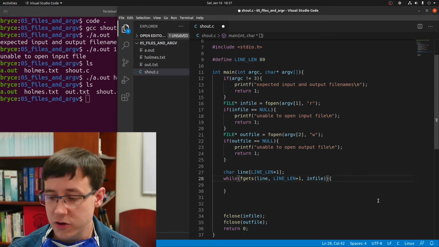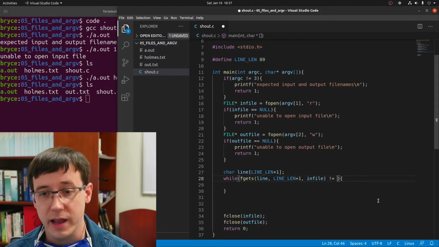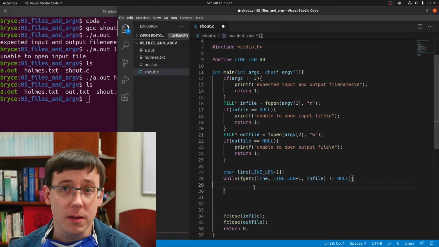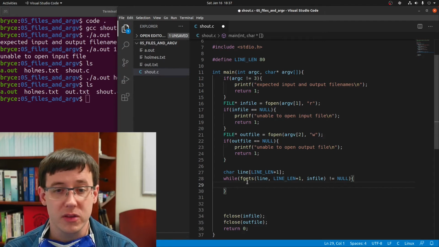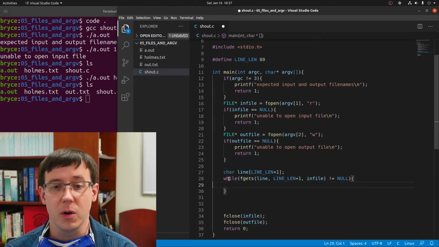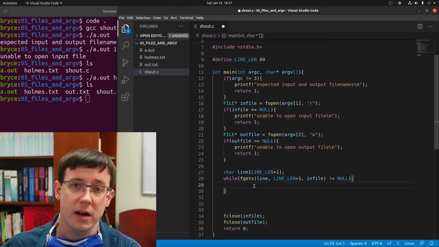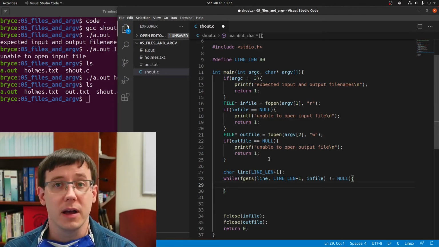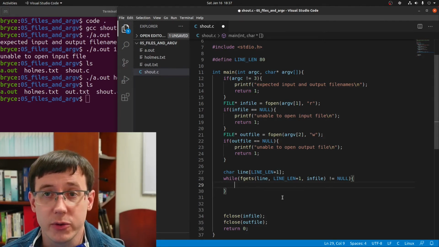And the condition of our while loop can be that we keep calling fgets as long as it doesn't return null. If it ever returns null, that means that there was nothing left to read, and so it wouldn't make sense to execute the body of our while loop or continue reading. And then inside this loop, we can do the manipulations that we want to on the string, like capitalizing all of the lowercase letters. Before we get to that, though, let's actually check that we can write the lines to